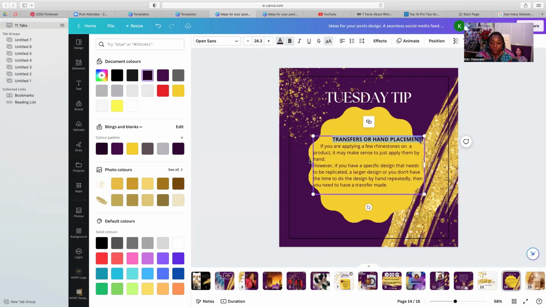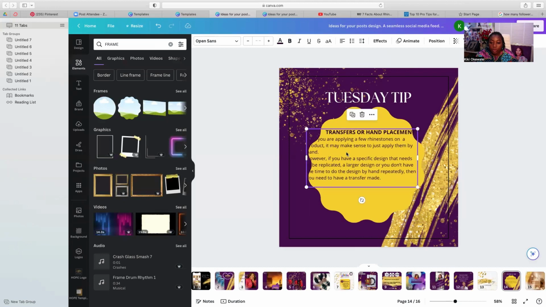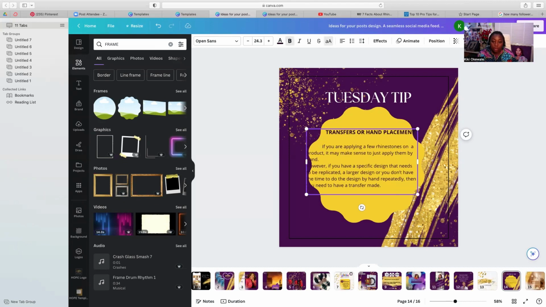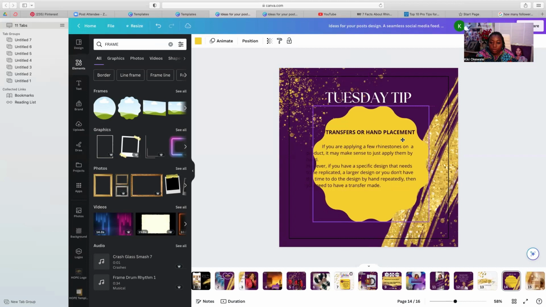And then we're going to move this. I want to make sure my T is showing. All right. If you're applying a few rhinestones on a product,